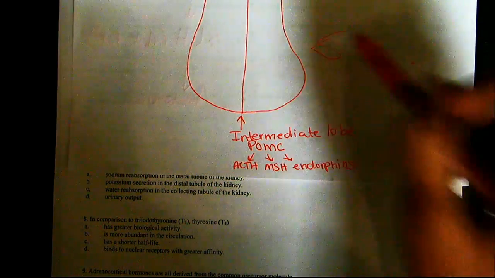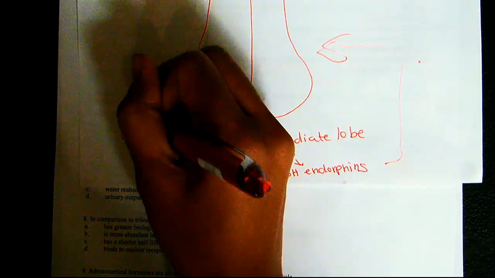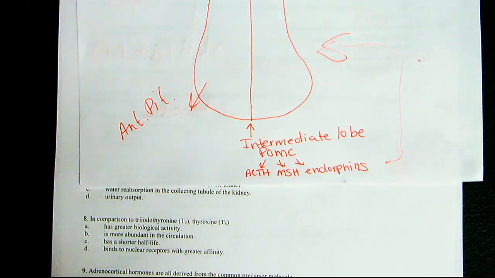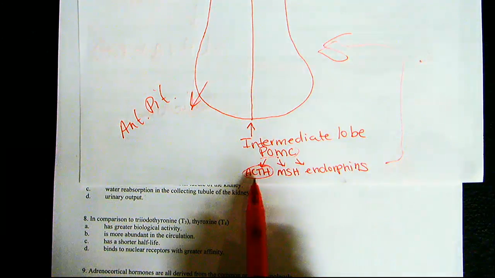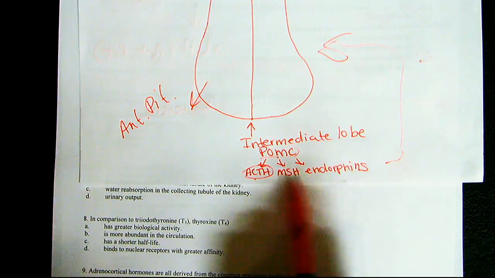So going back to the pituitary gland, we have ACTH secreted from the intermediate lobe along with the anterior pituitary gland. Oh, the anterior pituitary. So then we have overproduction of POMC, and then increase in ACTH, MSH, and endorphins. The MSH is